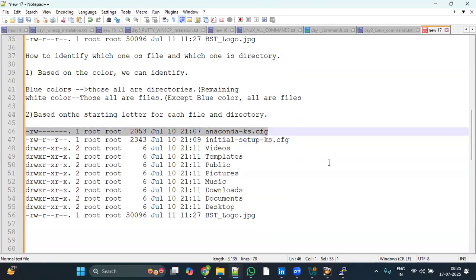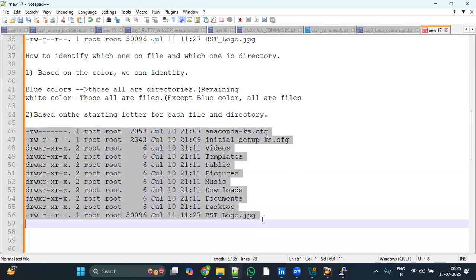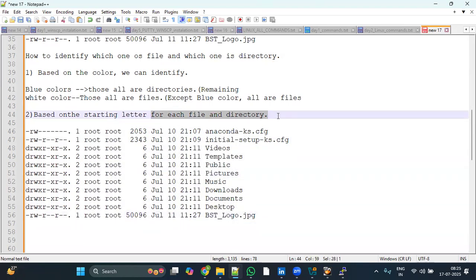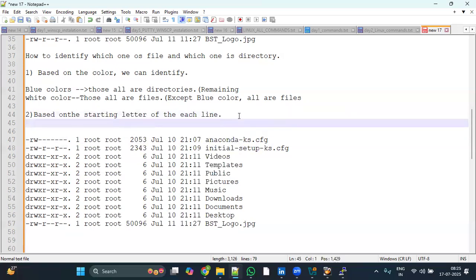What is the starting letter? This is the second line. What is the starting letter? Like this, each and every line, based on the starting letter of each line. So if you see D, you can say starting letter. If the starting letter is